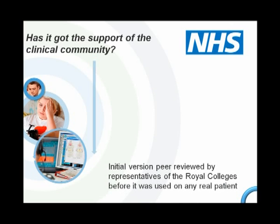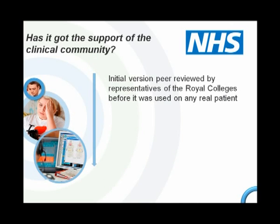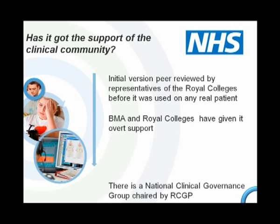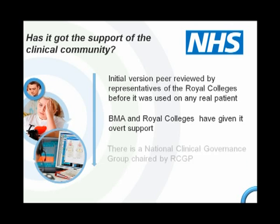NHS Pathways has sought hard to ensure it gains and retains the support of the national clinical community. The Royal Colleges and professional bodies were involved at the start, before it went live, providing a full peer review of the clinical content. Subsequently, it has gained the overt support of the BMA and Royal Colleges as offering a potential common front end to urgent and emergency care, and this support has translated into active participation in the National